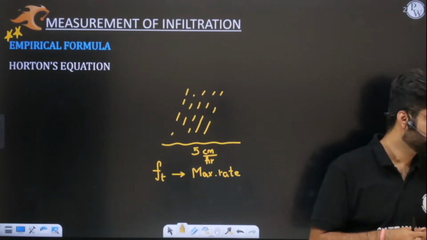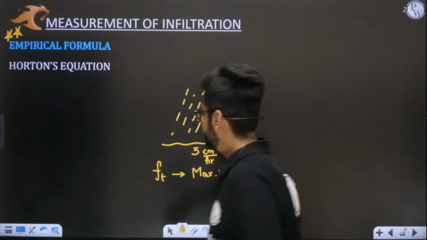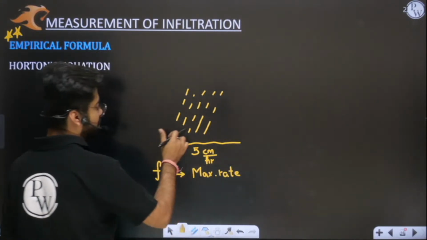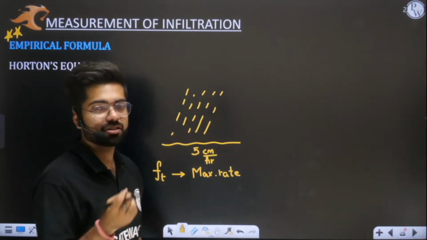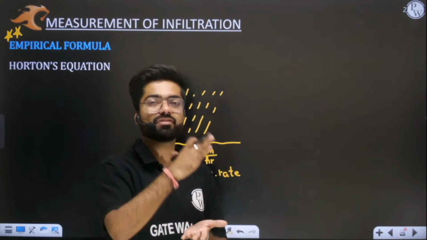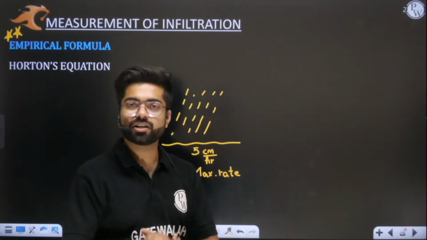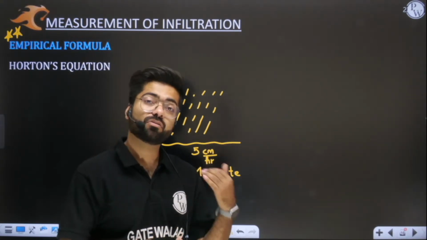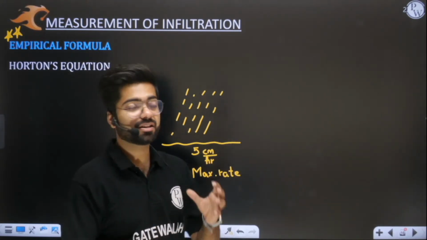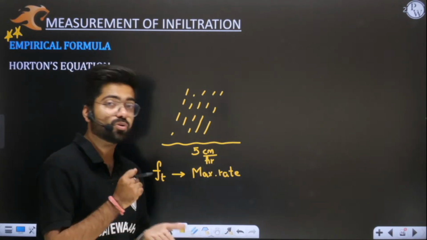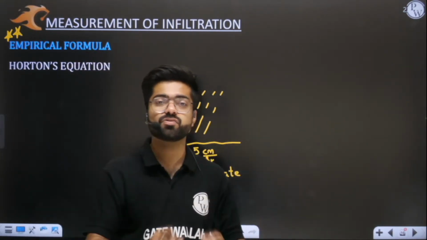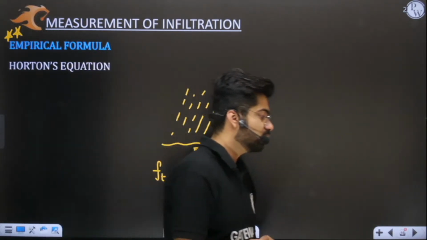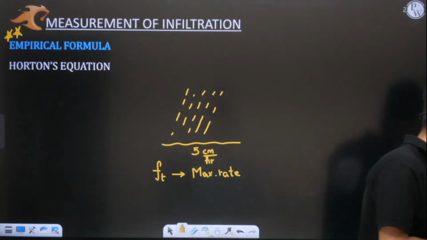Tell me, everyone. Obviously, you need to understand, initially your ground is dry. When it continues to receive rainfall, it will get saturated. The voids will be saturated with passage of time, yes or no? So obviously with passage of time the maximum rate at which your ground can absorb moisture will decrease, yes or no? You are guessing it absolutely correct.